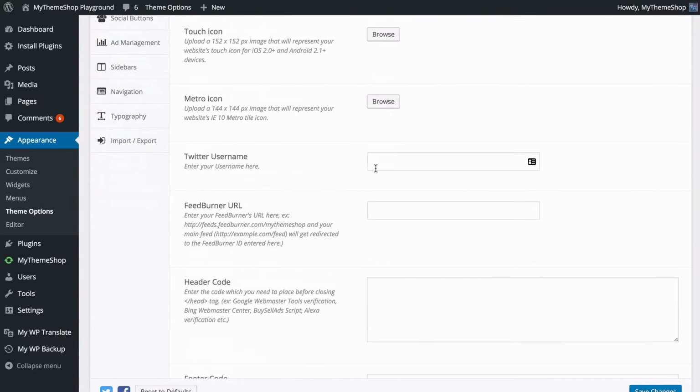You also have the option to add your Twitter username. So here I can just type mine in, in order to add Twitter features to the theme, and add your FeedBurner URL. You might want to do this in order to get extra analytics on those reading your site via RSS. This wants to be the full URL, so